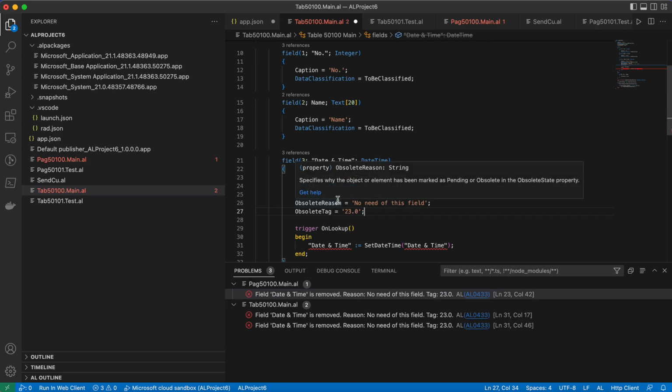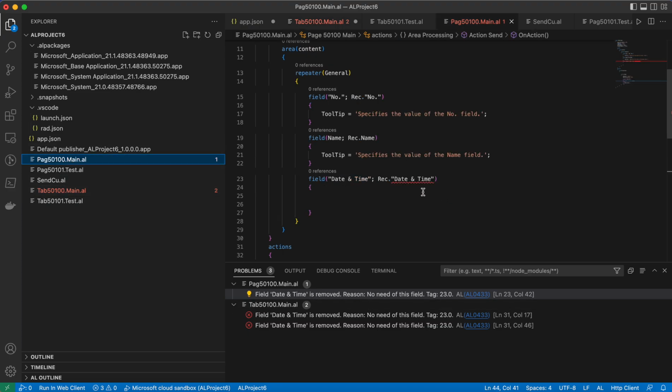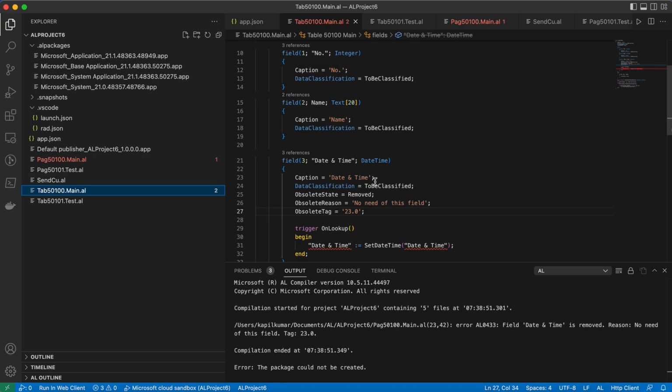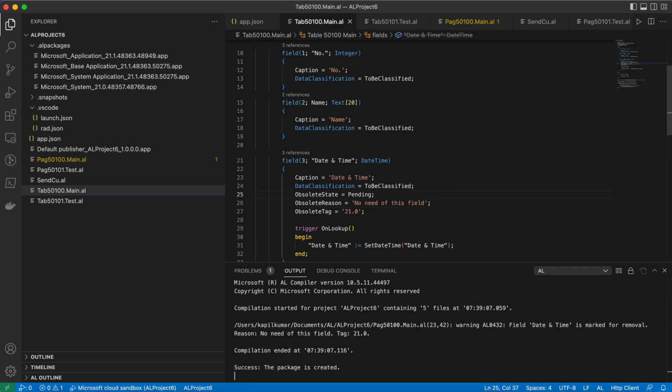Okay, and now as you can see, as soon as I change the obsolete state to removed, I have started getting errors. I cannot publish this; if I try to, I'm getting an error. First of all, I cannot directly go ahead with removed. I have to start with pending, and let me change the tag to 21. Now if I compile, it is compiling successfully, and we are getting no errors. Okay, so I hope you get an idea of